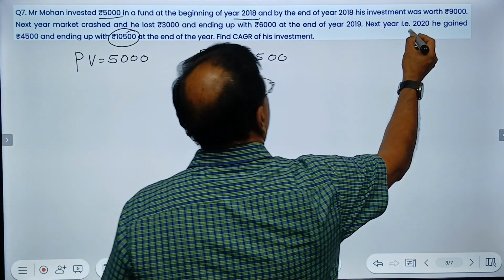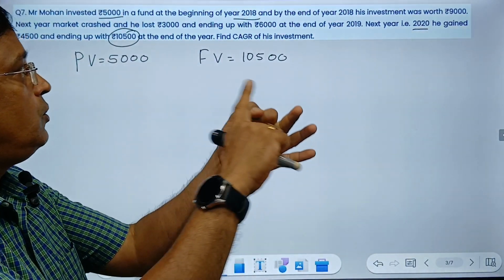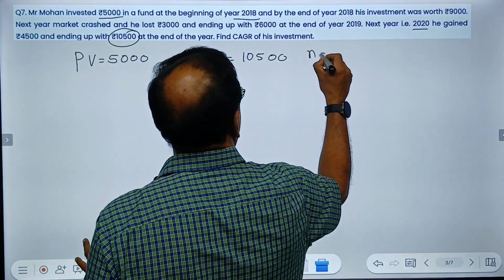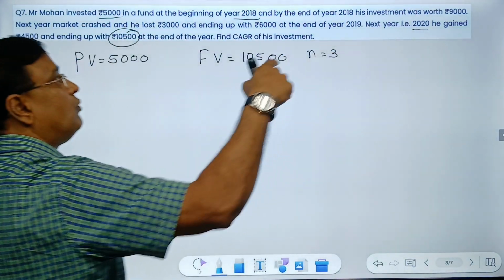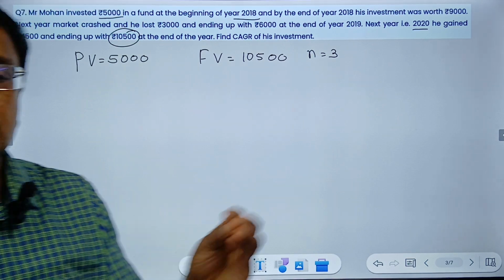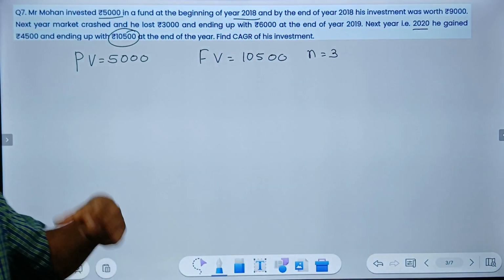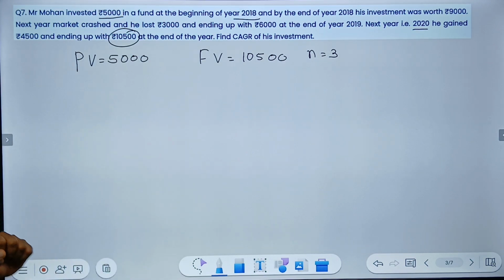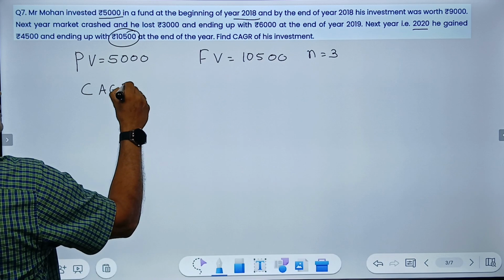It goes up to 20. So 18, 19, 20. So it's totally 3 years. So n equal to 3. All other data in between is irrelevant for me. I'm only interested in the present value and the last value and how long my money, 5,000, is there in the business. Okay. So now CAGR will be